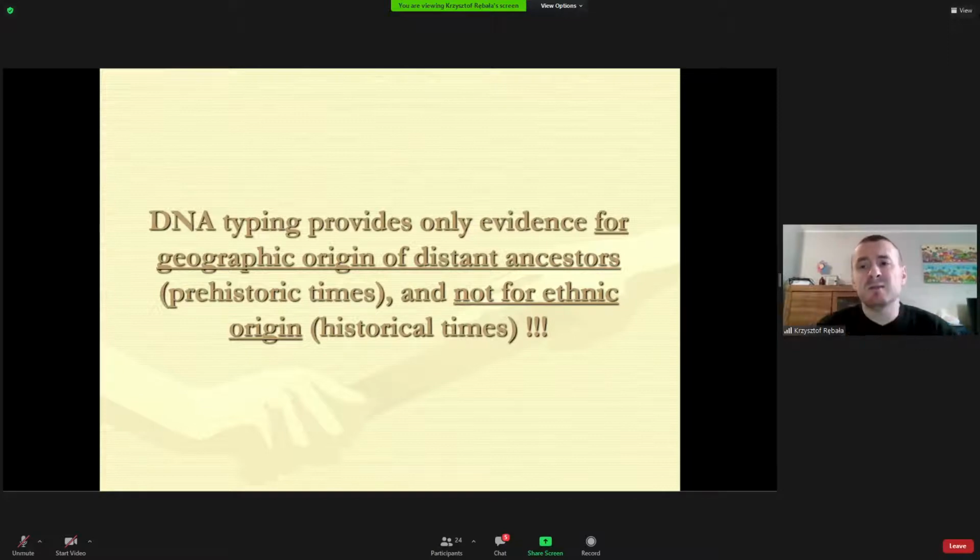And I'm telling you, no. I can detect the haplogroup in your Y chromosome, of course, but this Y chromosome haplogroup is not direct evidence for ethnicity. It tells you where your distant ancestors came from, but it doesn't tell you anything about ethnicity, because haplogroups occurred in prehistorical times,